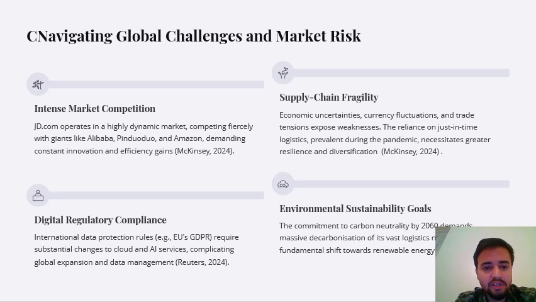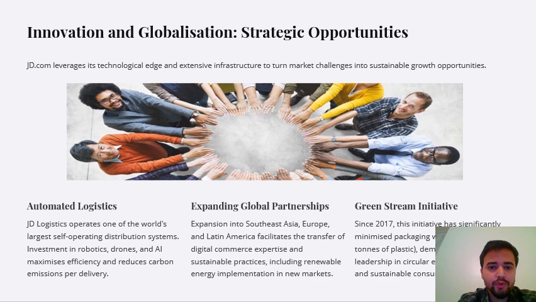But it is within these difficulties that opportunities are presented. JD has well-organized supply chain management and logistics, which place it in a position to adopt these areas. The identification of problems and their relatedness to sustainability frameworks leads to the identified opportunities through innovation and globalization.